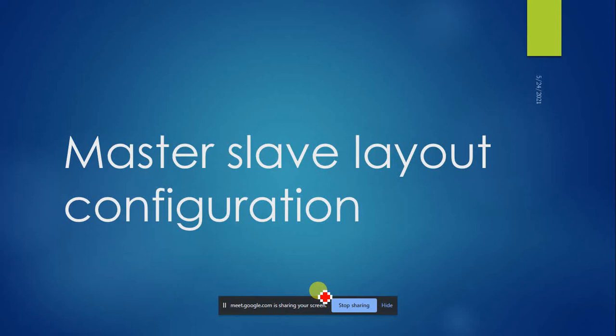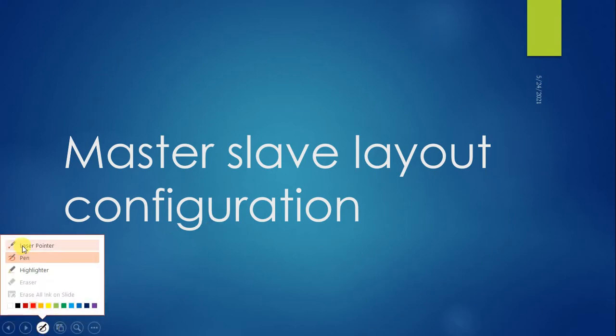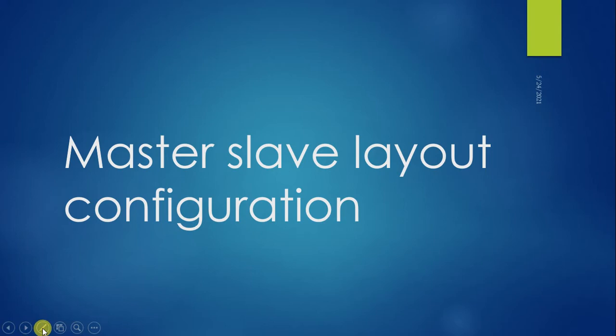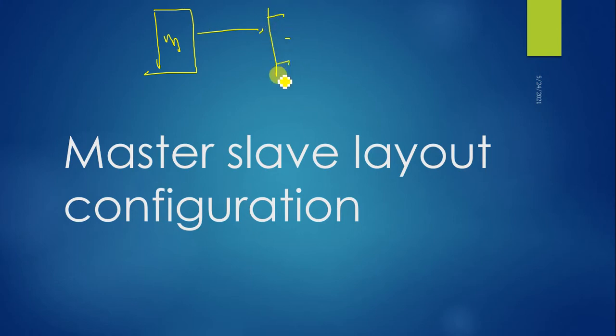The next topic is the master-slave layout, or master-slave configuration. So what is the purpose of a master and slave? In digital circuits, this master-slave logic combination is used if there are multiple inputs and multiple outputs, or if the sequence has to be executed by one controller. You have a master controller where the input is fed to 10 slave controllers,